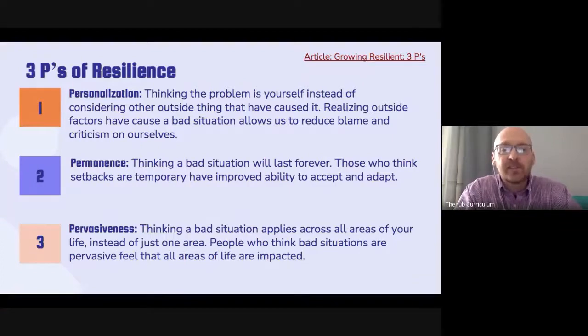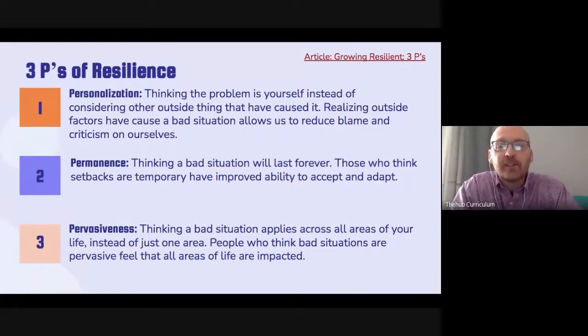Permanence. This is thinking that the bad situation is going to last forever. And this is where previous experience can help. We realize that some of these issues are like the weather, they'll eventually pass. The more we experience that, the more we realize a current struggle is eventually going to pass. COVID has definitely been a trial of this because we're on a full year now. Sometimes it's felt like it's never going to end, but realizing that just like the Spanish flu in 1918, eventually normal life did restore.